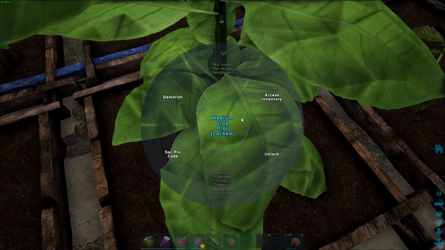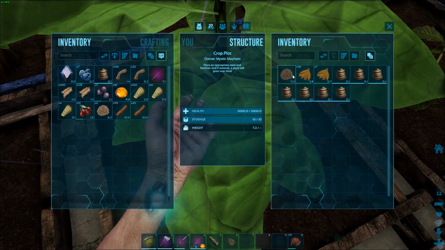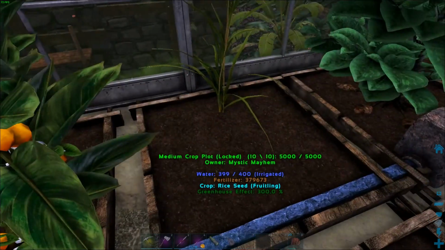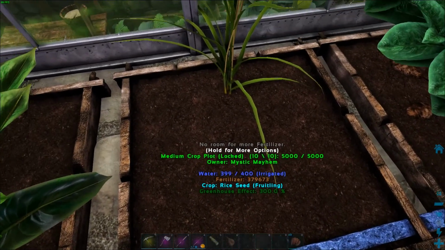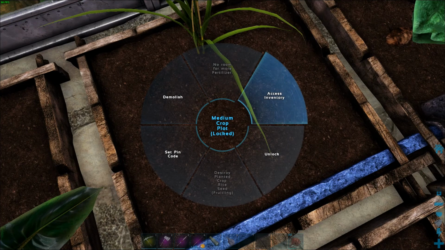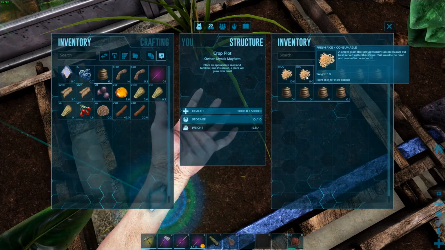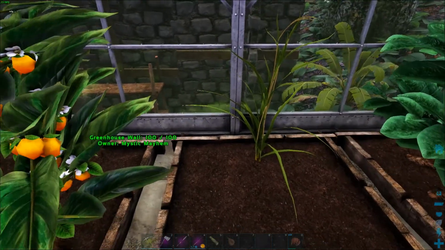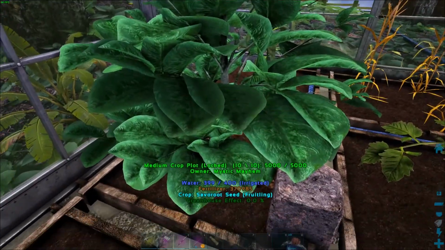This is the tobacco. Of course, you can make cigarettes. I haven't ever done that. I'm not sure really about that because I definitely don't like cigarettes in real life, so I don't think I'd want to smoke cigarettes in game. But here's the rice plant. It's so great how they...